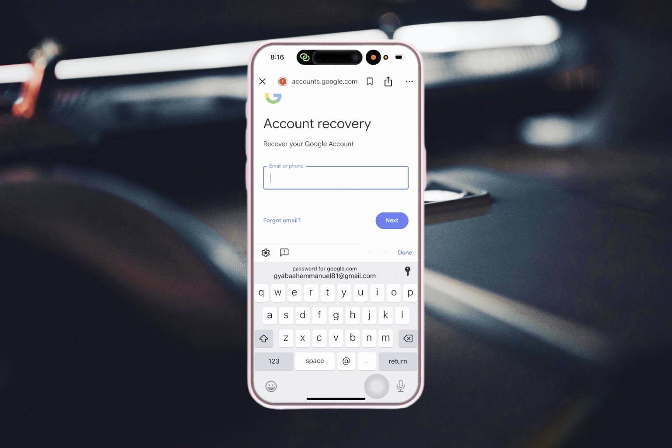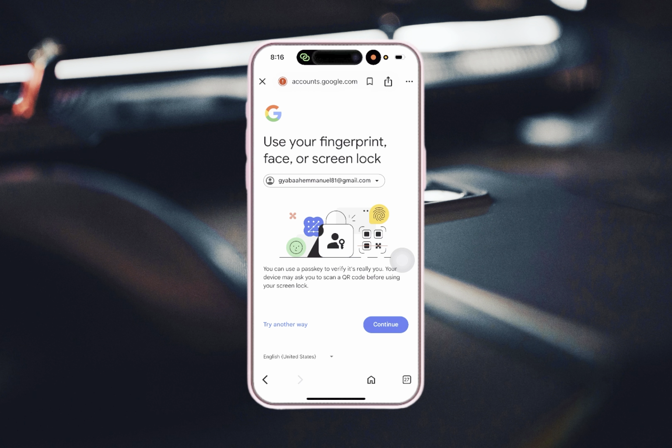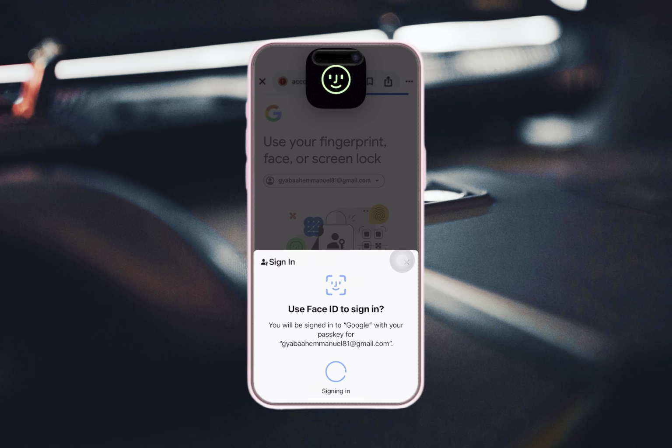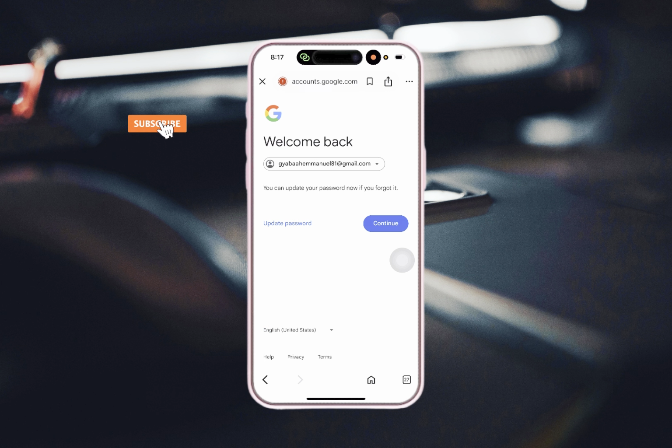Click on this and it's going to take you to here where you can see account recovery, recover your Google account. Now just enter your account over here, the account you want to recover. Now click on next over here, and once you click on next, you can see use your fingerprint, face or screen lock. Now click on continue over here, and in my case I'm using my face ID,